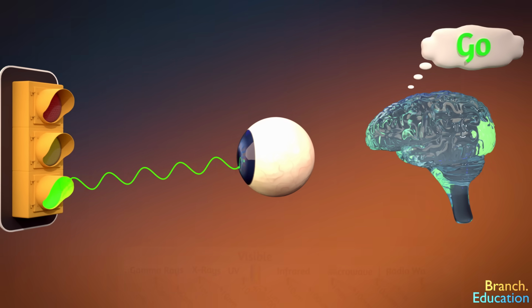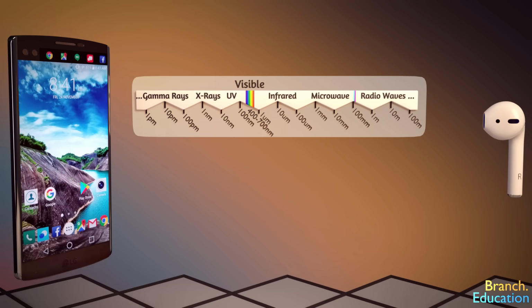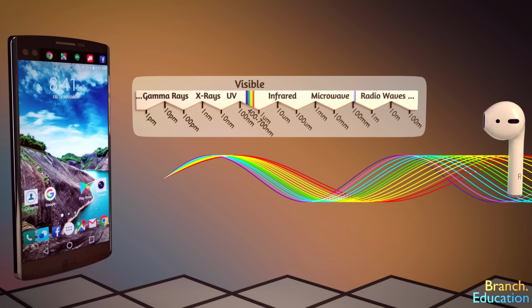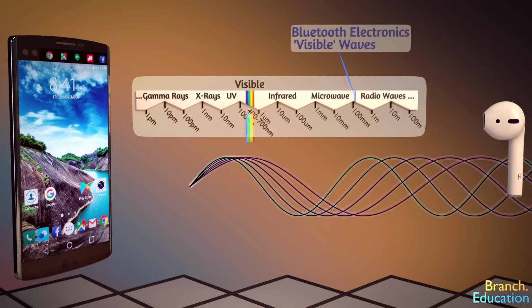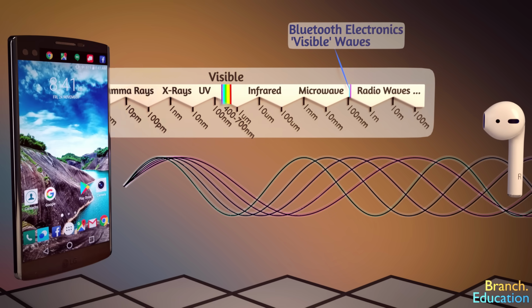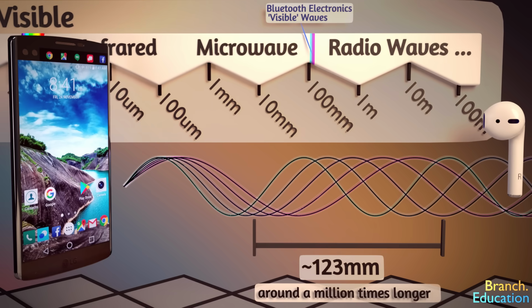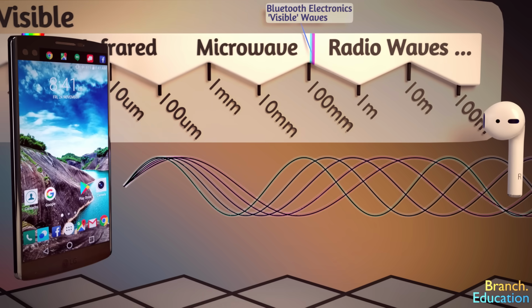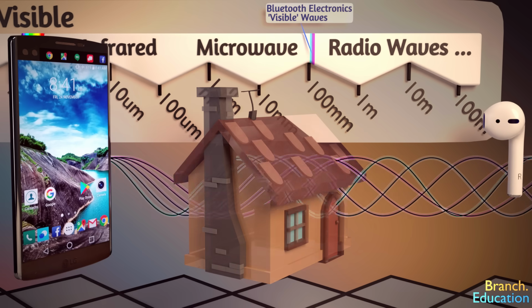information they convey. Your smartphone and wireless earbuds communicate using electromagnetic waves in a rather similar fashion, but utilizing a different section of the spectrum. Specifically, Bluetooth uses waves that are around 123 millimeters in wavelength. They are invisible to the human eye and can generally pass through obstructions like walls, rather like visible light passing